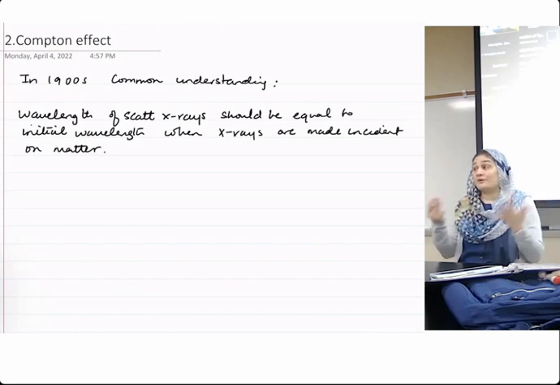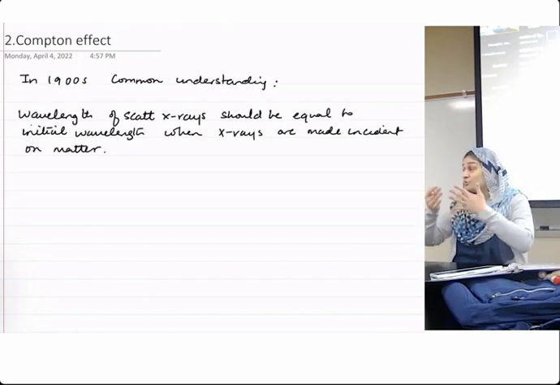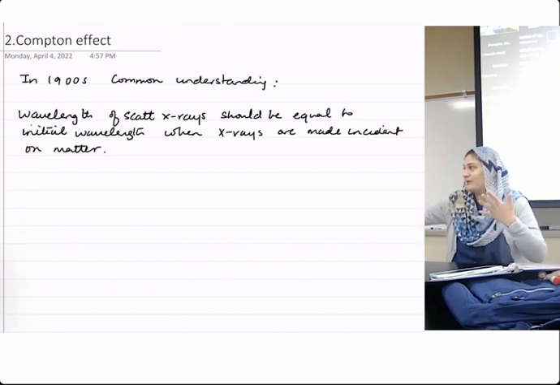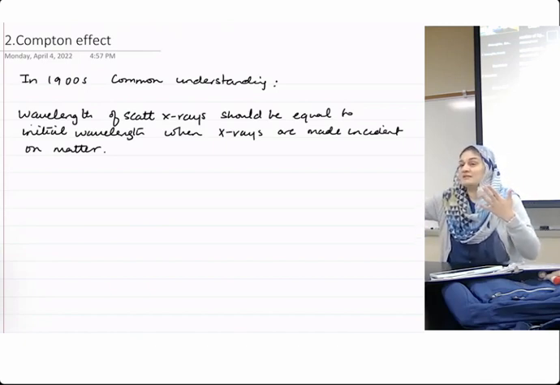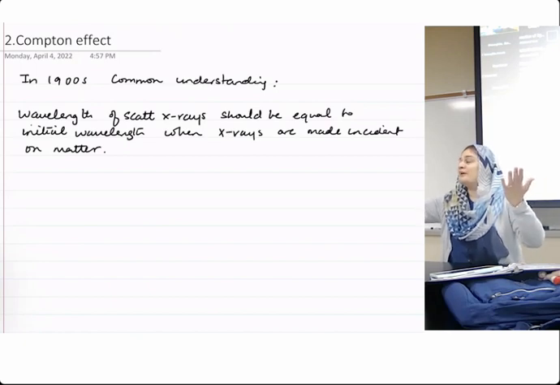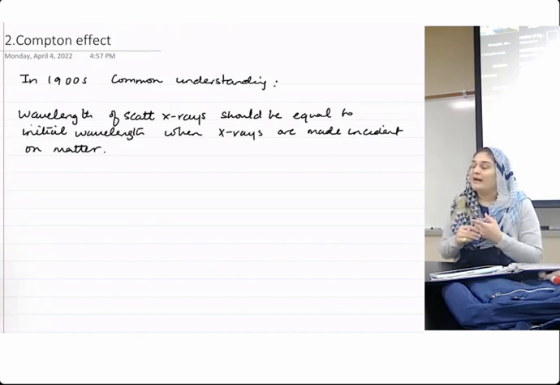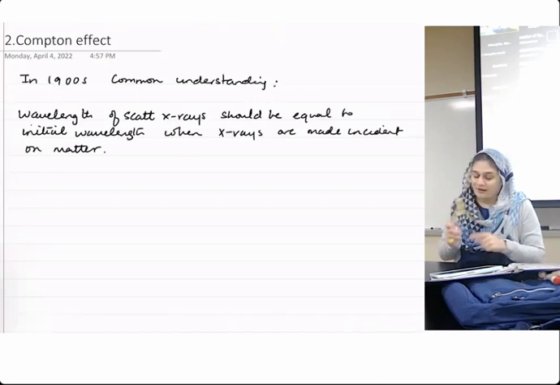So if you shone a red light onto something, you should expect a red light to come out. If you shone a green light to something, you expect the green light to come out, right? If you shone a blue light to something, what should you expect? A blue light to come out, right? That was the common understanding. However, when they actually did these experiments, they found